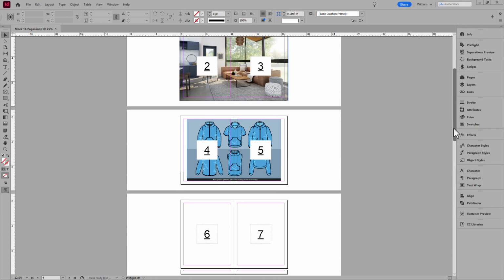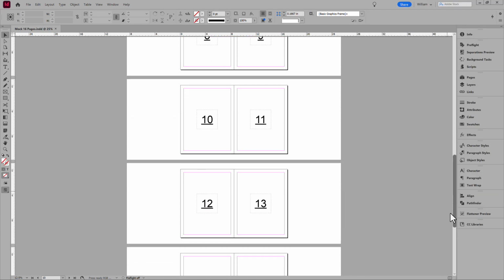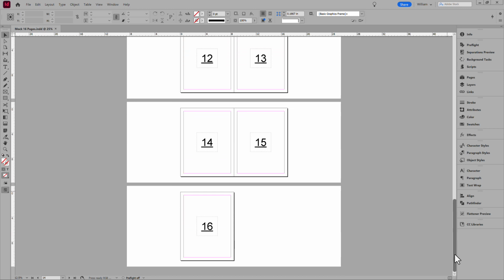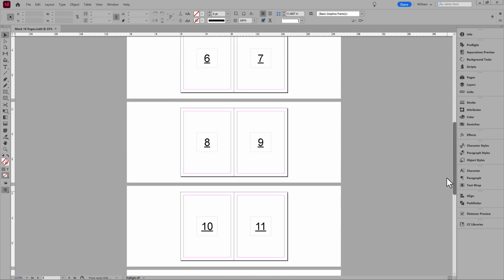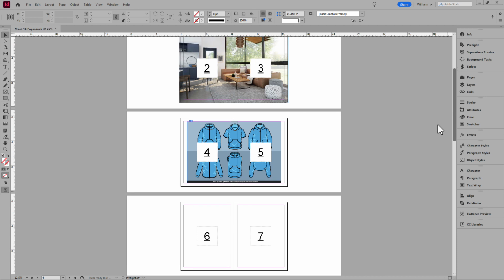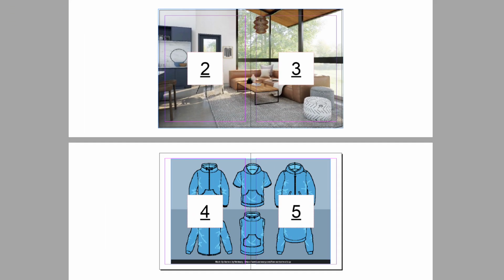I've made a simple document to demonstrate. It's mostly just page numbers. This is to better show the results when done. But two of the spreads I made crossovers to show how those are handled.